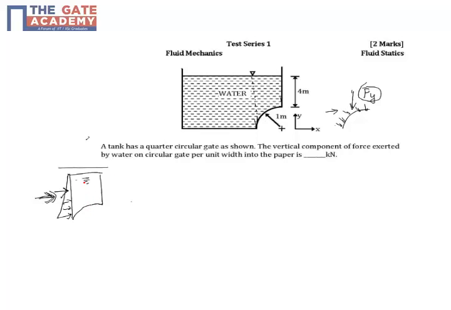And on this side also you don't have any vertical force, right? So the vertical force acting on the column is entirely vertical. On the sides you have only the horizontal force. So this Fy will be the weight of the water column